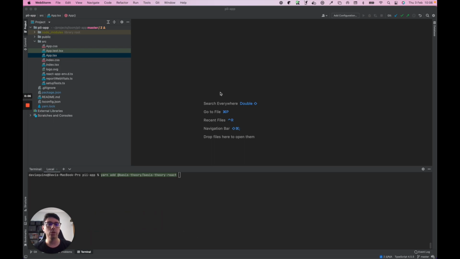In this video, I'm going to show you how you can safely collect PII data through your React application. Here I have a project that's already set up using Create React App, the official starter from the Facebook team, using the TypeScript template. I'm going to add here the Basis Theory React dependency using Yarn,